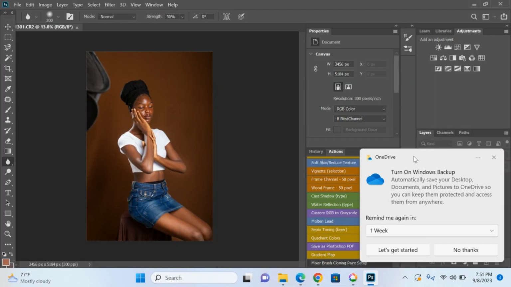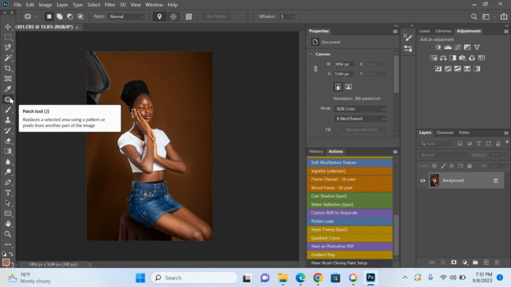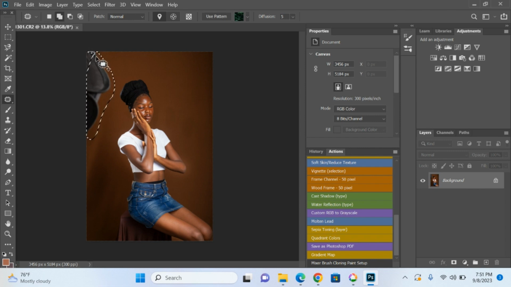Like I said, I like cropping my picture out first before I start retouching. So first off is to take care of this stuff that is distracting. To do that, I use my patch tool, just click and select around the object,